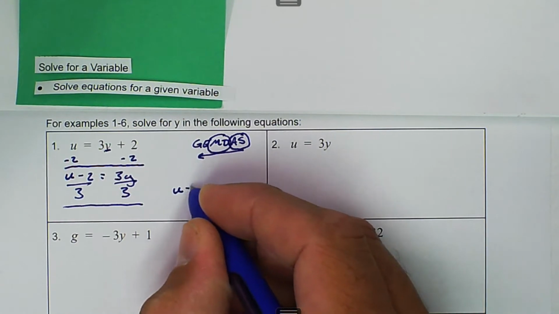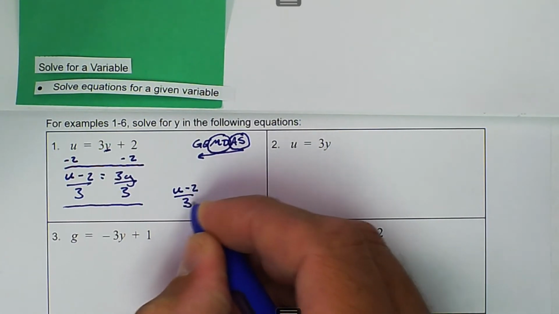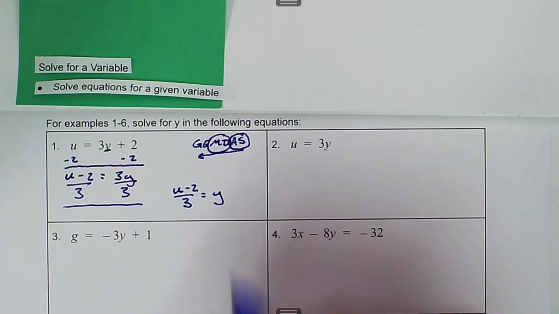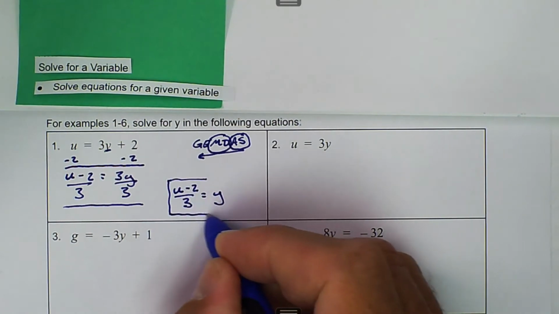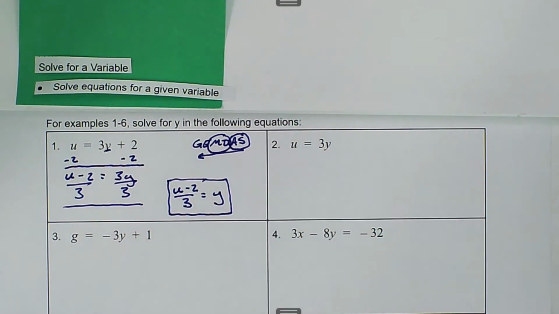So u minus 2 divided by 3 is equal to y. We don't have to get a final answer. That's in simplest form. All we have to do is make sure that we set it up correctly. Then we can look at